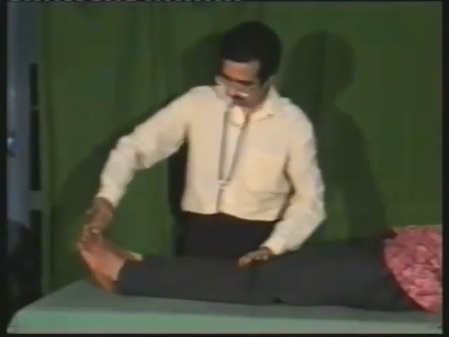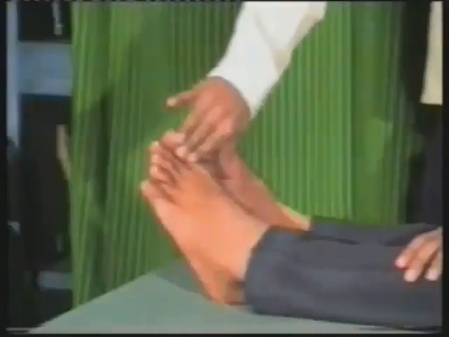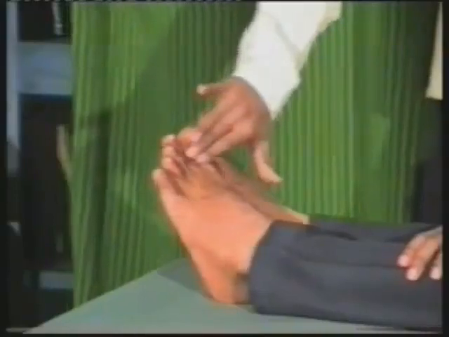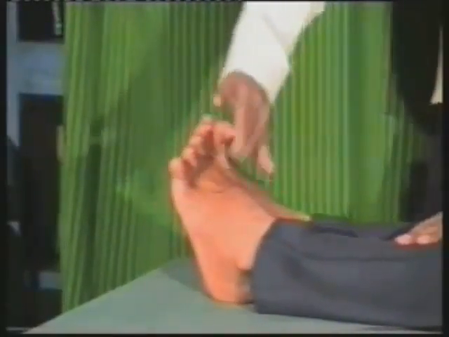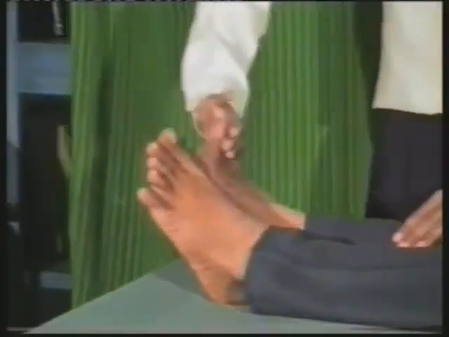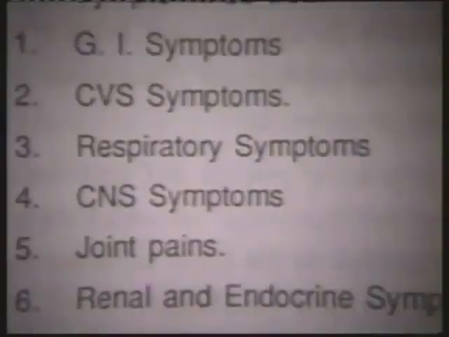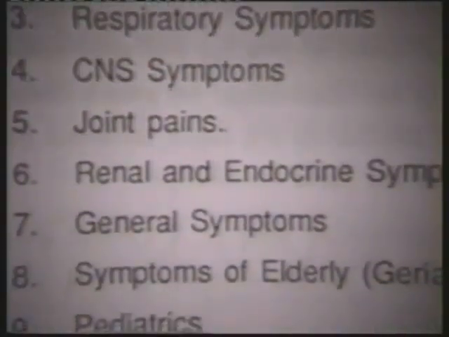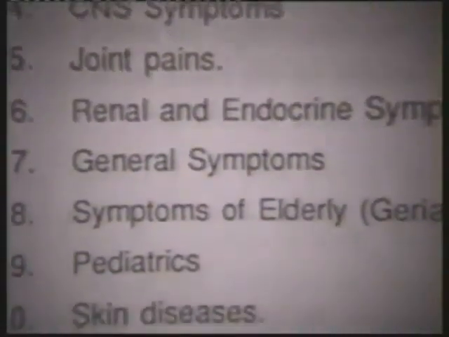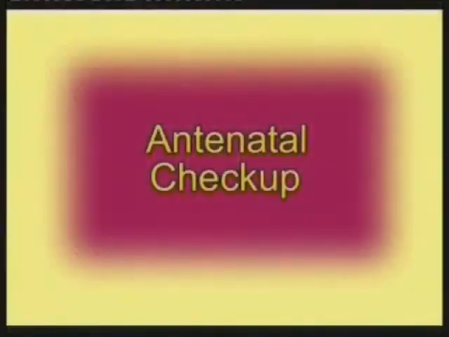Then ask the patient to dorsiflex the toes against resistance to look for weakness of extensor hallucis longus, which is the earliest motor loss in spinal lesions. In this way, you should form your own routines for each symptom and examine the relevant points so that you do not miss any important sign associated with that symptom.